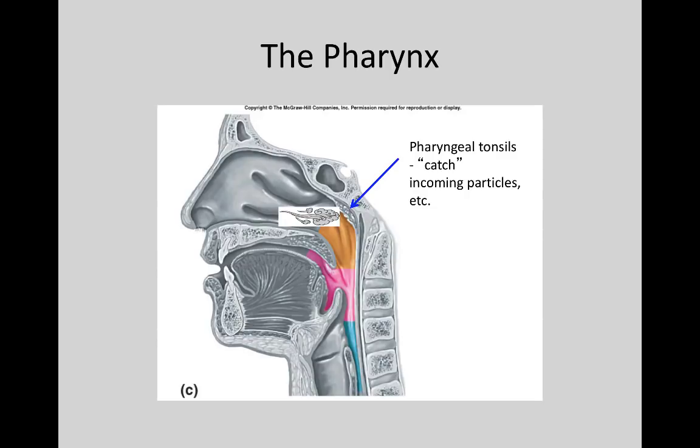Particulates and pathogens get caught in the tonsillar crypts and can elicit an immune response because of the lymphatic nodules